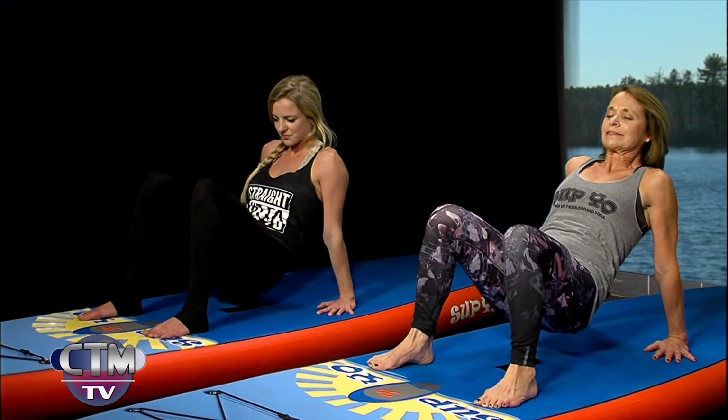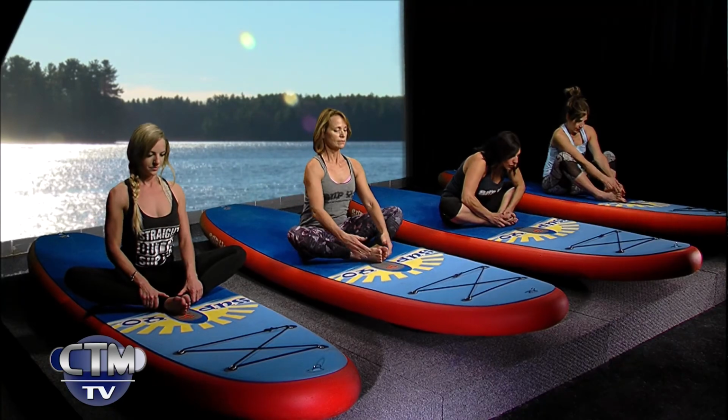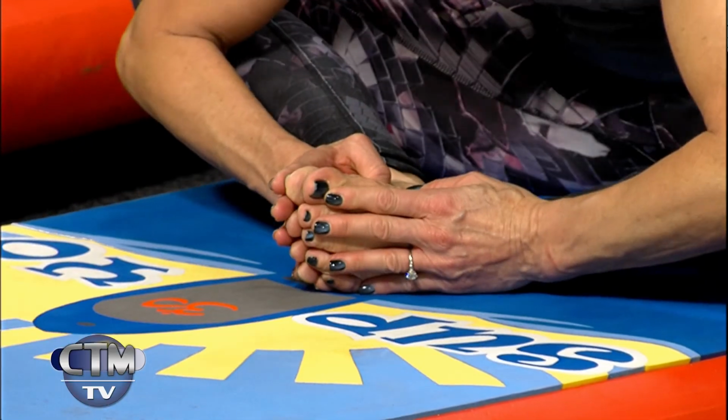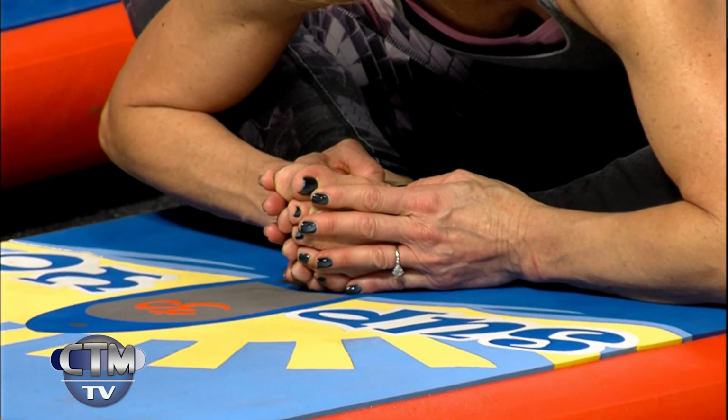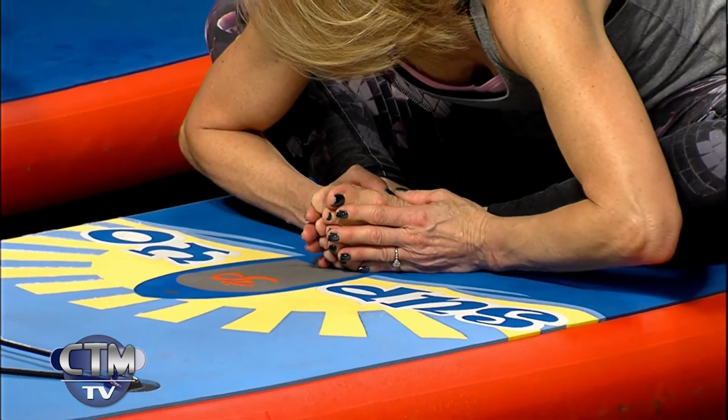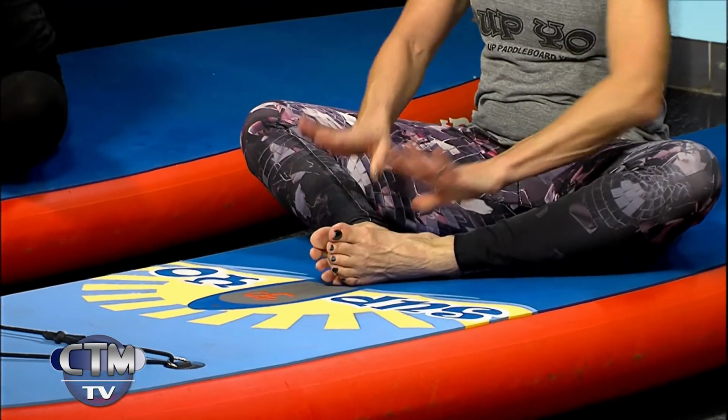Bring the soles of your feet together. Clasp your toes with both hands. Inhale and lengthen your spine here. Exhale and fold forward, opening your inner thighs. Breathing. Good. From here, go ahead and release your feet back to the board, and then we're going to make our